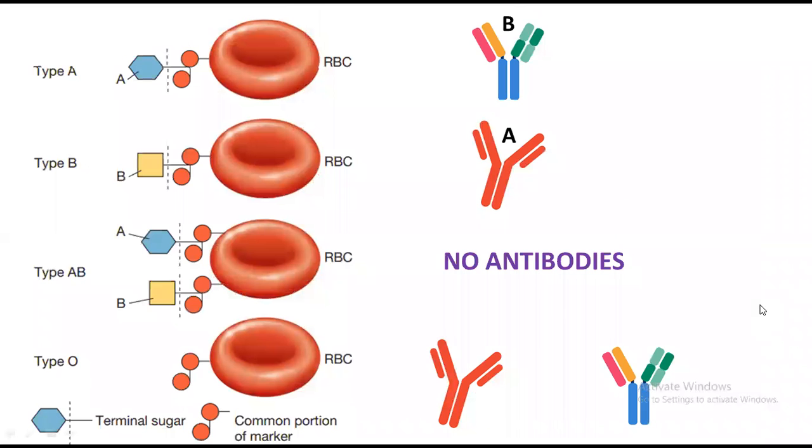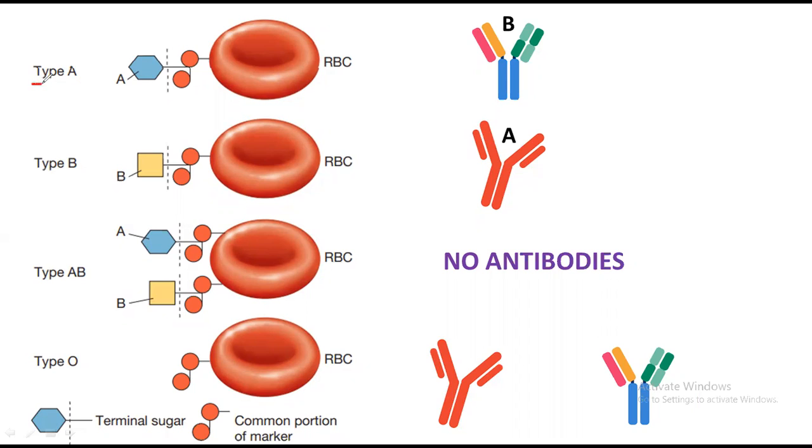So keep this thing in mind: if you are a practitioner working in a laboratory, and a person comes and he is in need of blood, your first priority should be to give him the right match of that blood, okay. And if a person is of type AB, he is a universal acceptor, because he is not having any antibodies against the blood groups, okay.